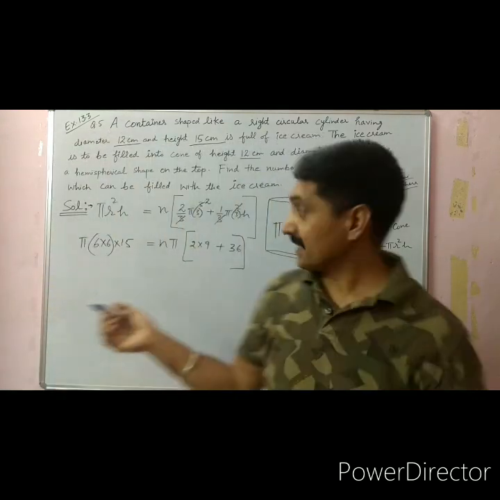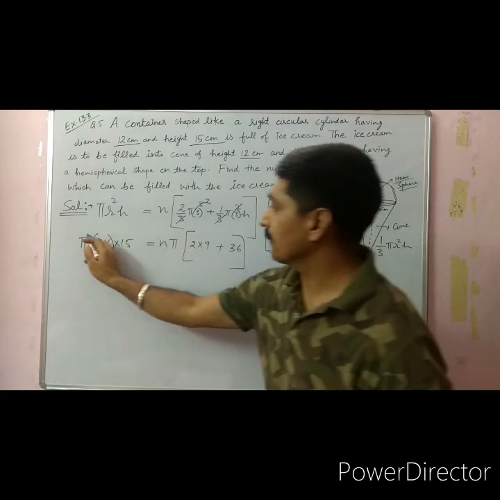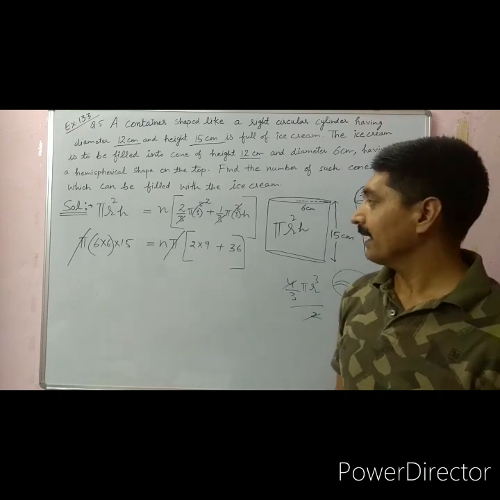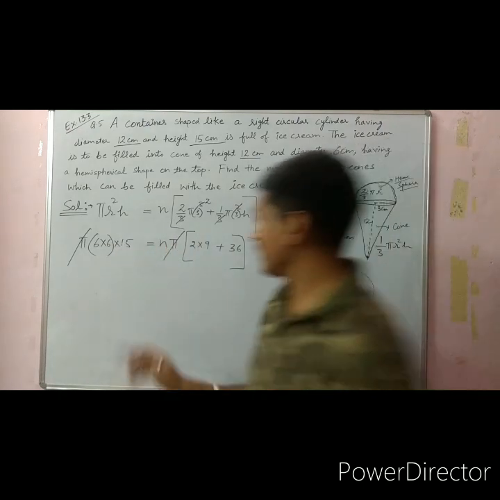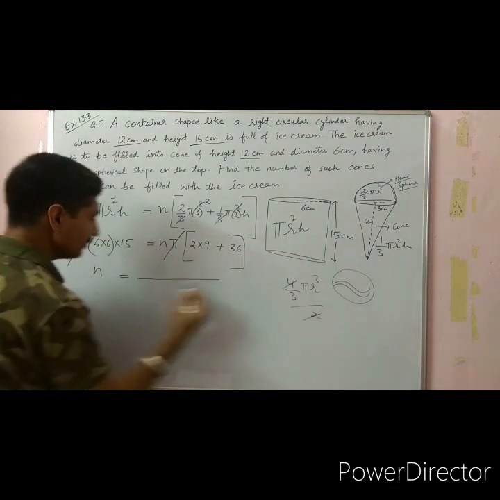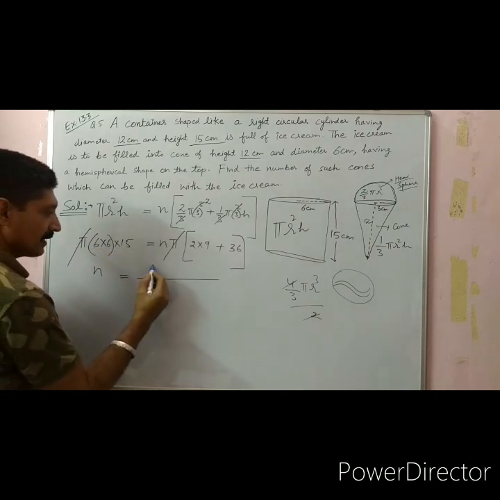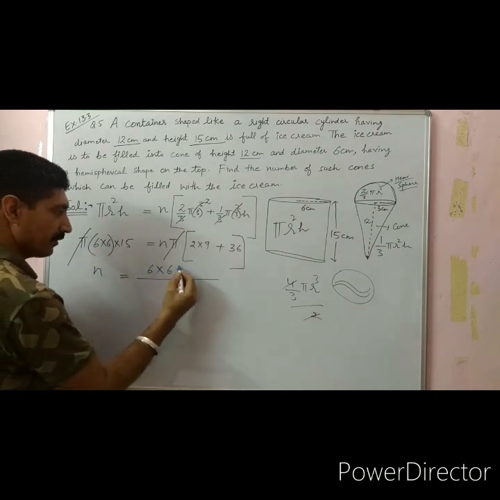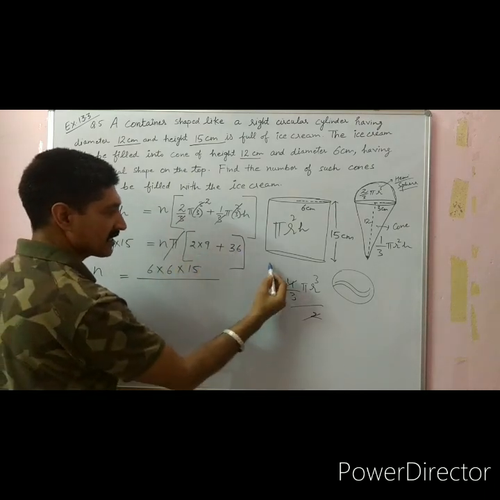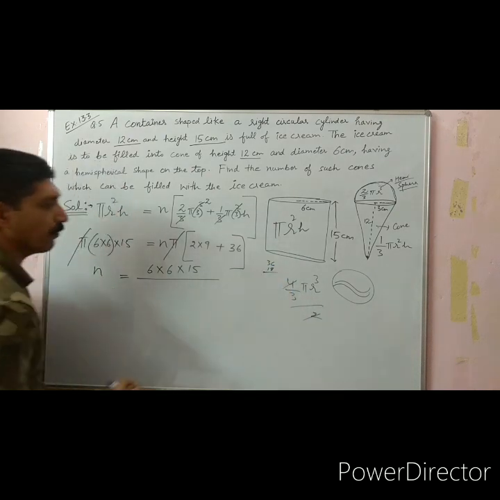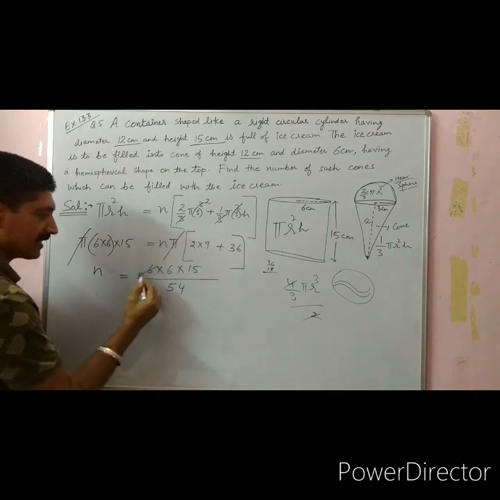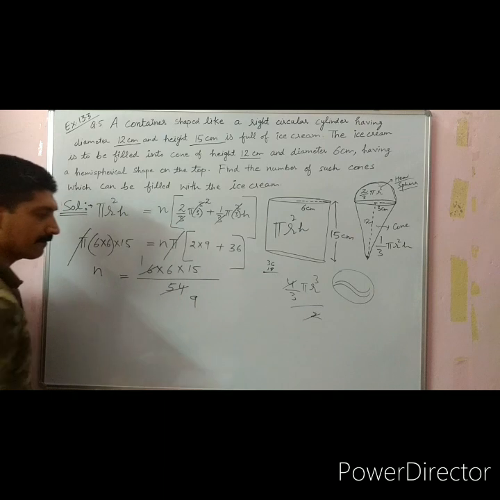So a very simple calculation here. We will cancel pi with pi, and the value n, I am interchanging the side. So n here is equal to 6 into 6, that is 36, or we can keep it simple here. So 18 plus 36 is 54. So here 54. So we have 6 ones are 6, 6 nines are 54,